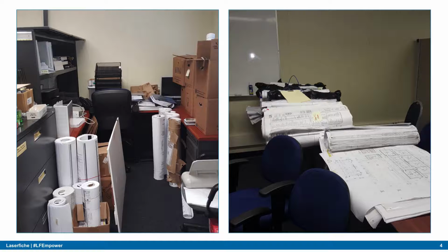So again, on the left is a typical cubicle. That's someone's workspace. So that's where their plans went. That's where their papers went. Oh, you got more project stuff? There you go. Here's a box. So that was our filing system. On the right is another example of how we weren't just dealing with 8.5 by 11 standard documents. We're dealing with plans. And if you see those rolled up, each of those plans is probably 80 to 100 pages. So we had some significant challenges,